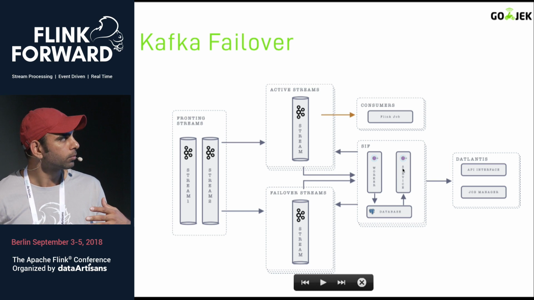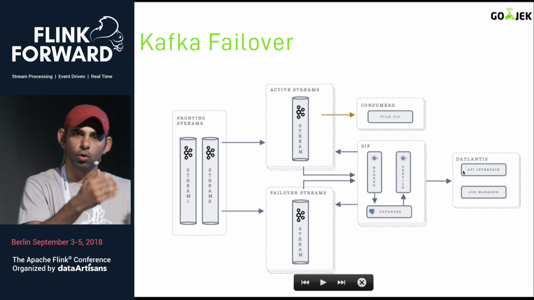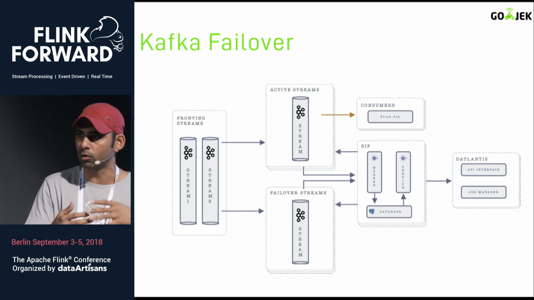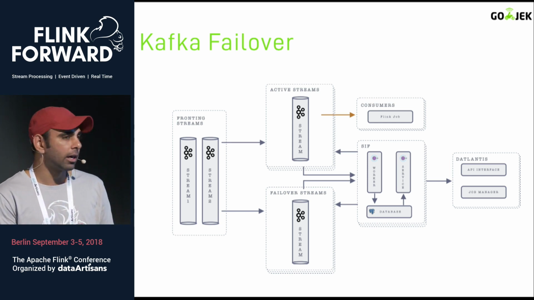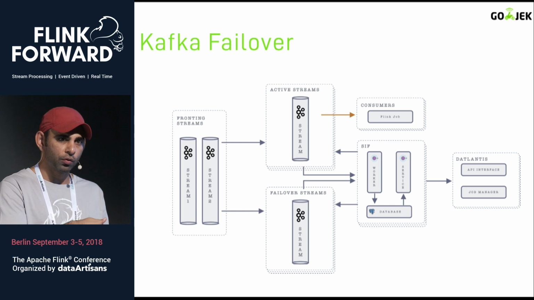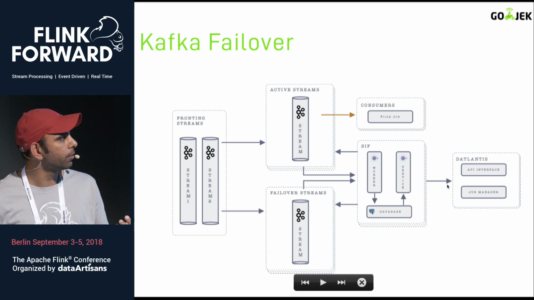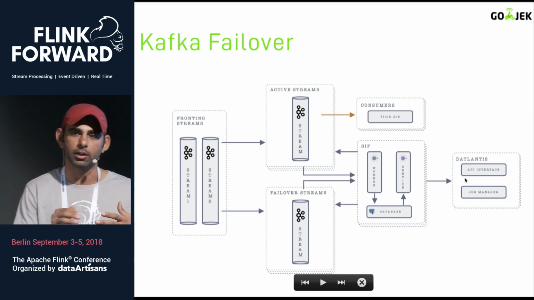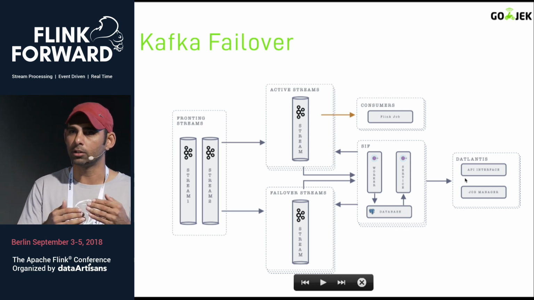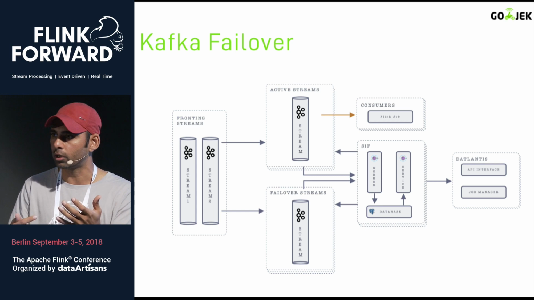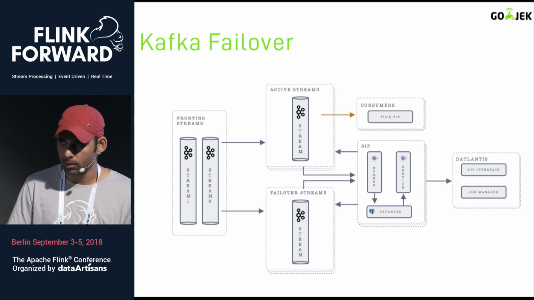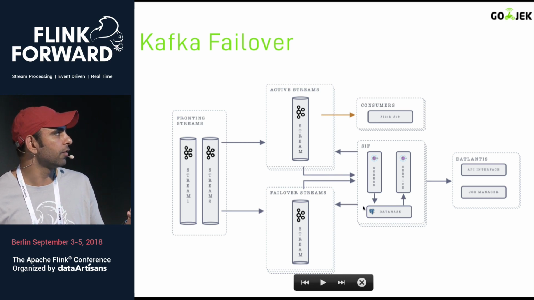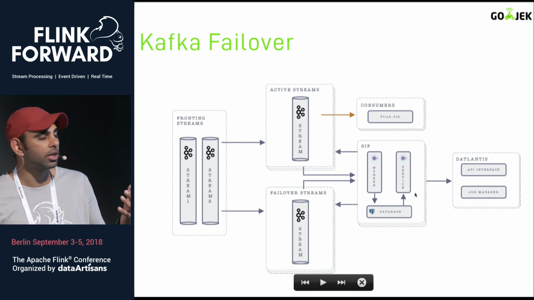One is, since Datlantis is managing all the jobs, all our users write their entire jobs, everything on Datlantis, we make sure that the configuration of this new Kafka cluster is communicated to Datlantis. So as soon as SIF gets to know that, it makes the API call to tell it, okay, that Kafka cluster is down and this is the new Kafka cluster on which you need to run the job.